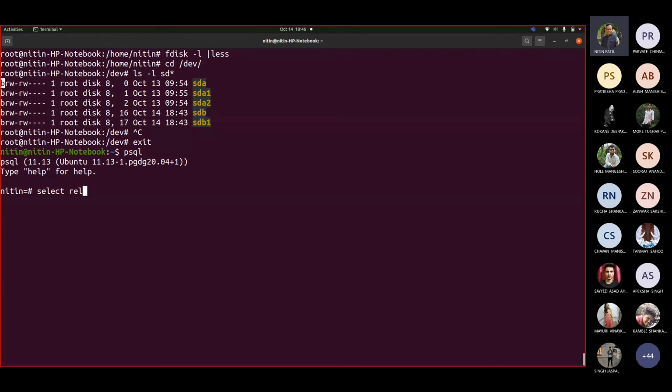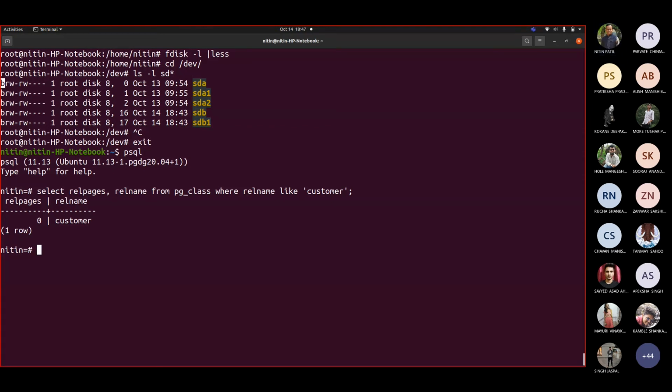If I write select relpages, relname from this internal relation pg_class where relname like customer, you will see it currently says I have only 0 pages, because 8192 bytes hasn't been reached to the level where a number of pages are added.